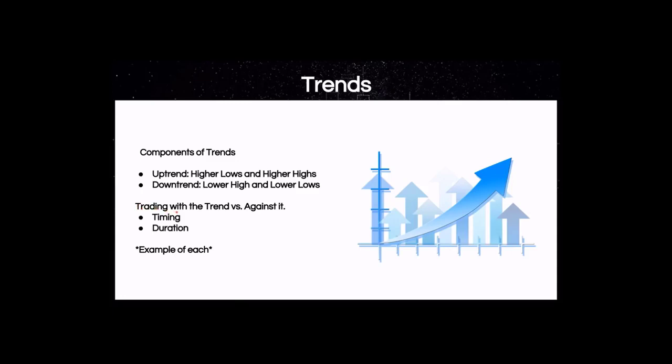Now, we know the saying that the trend is your friend, and you want to be trading with the trend. That is absolutely the truth, and it's a lot easier to trade with the trend. But there are certainly opportunities trading against the trend. But whenever you're trading against the trend, the duration of the trade is going to be shorter. So we have scenarios where we see an overreaction in the market, we see fear and panic, and a stock completely drops. And we know it's clearly in a downtrend, the bears are in control,